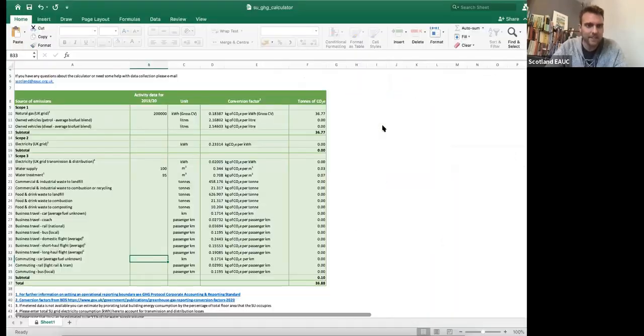So I've got an example lighting audit that we did at Stirling. Hopefully I've got the wrong one there. Too many Excel spreadsheets up. No, it's not liking it. Right, where's that one?